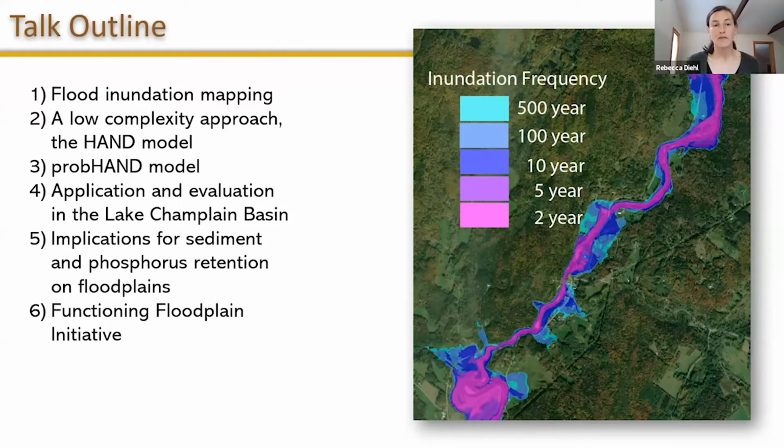And so in the next half hour or so, I'm going to talk about why these maps are important, how we go about mapping them, what potential, what are some challenges in mapping, and how we tried to overcome these challenges with a new model, the application of that model to the Lake Champlain Basin, and an evaluation of it,